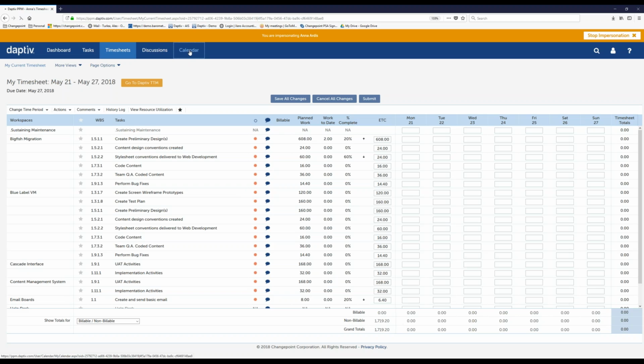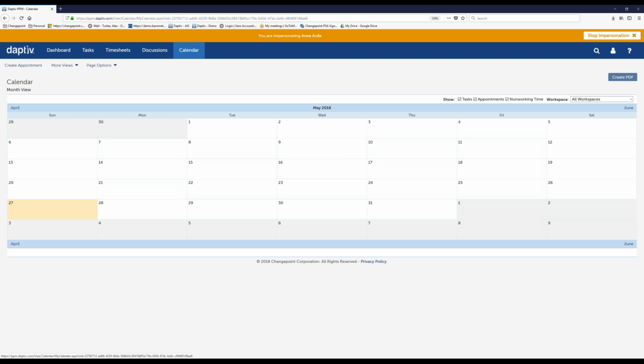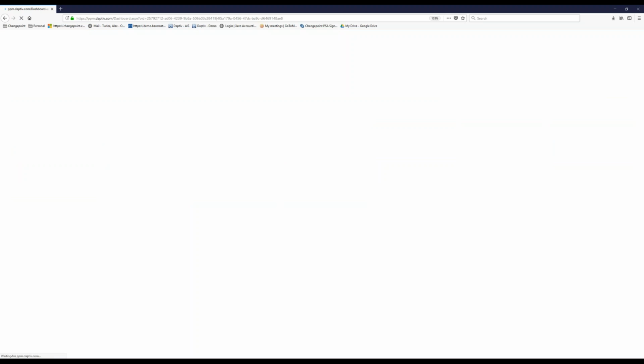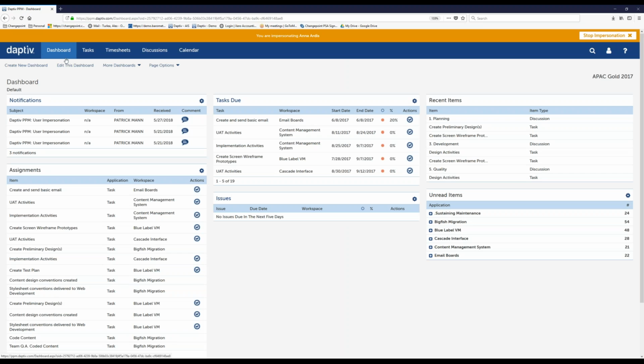She also has a calendar if she wants to get a larger view of the things that may be coming up in the future. She's got the discussions tab, which is any discussions that she may be a part of. She's got her dashboard, so maybe something that's been configured for her centrally by the PMO, or something that she configured herself. So you can see this is not really a graphical dashboard, more of a tabular